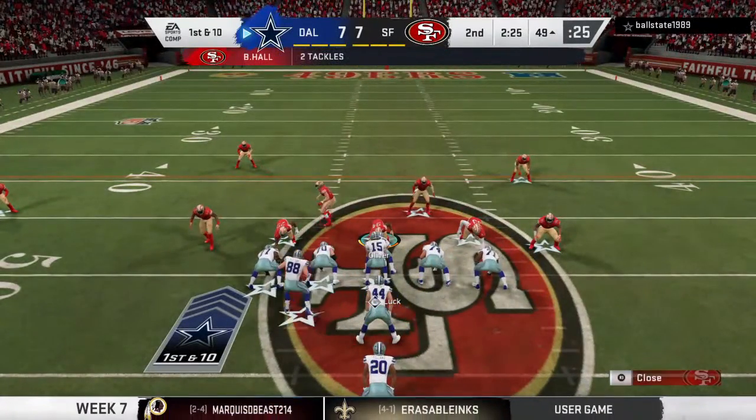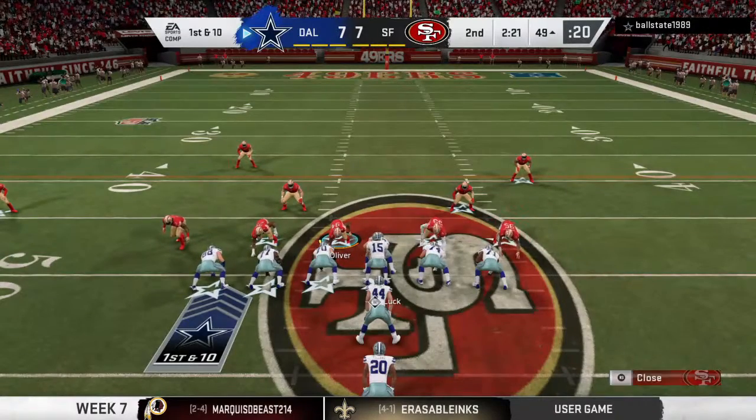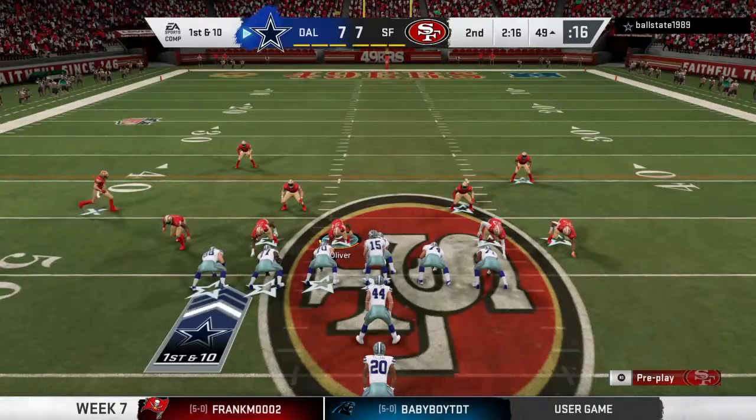Hey, we got to get to the ball. Team, we got to get to the ball. Let's keep moving. Watch the ship. Watch the ship. Pass 61. Matchbox right. Check